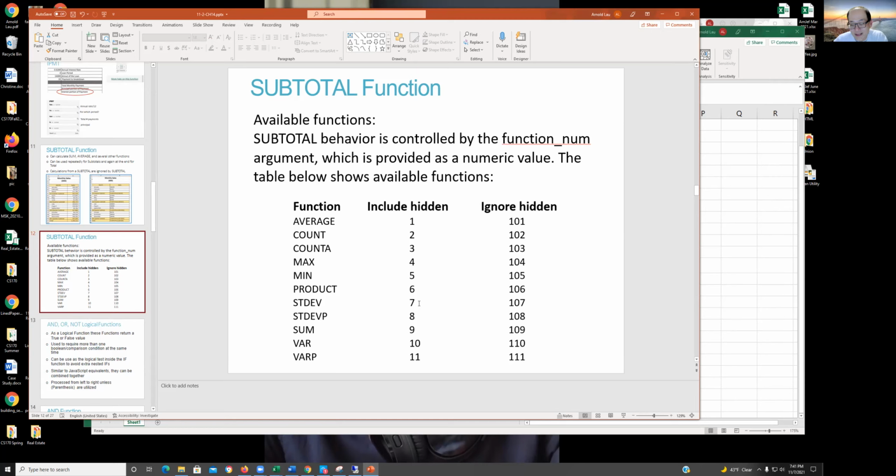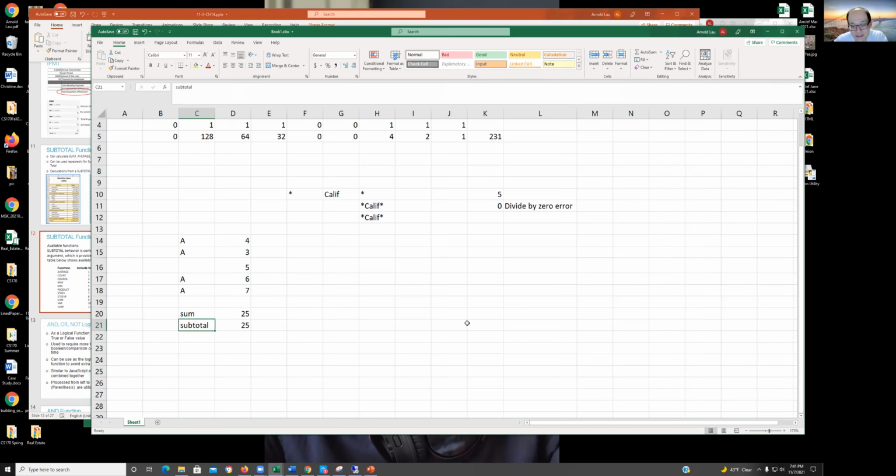And this page basically says the same thing I just said. Okay. And remember how I picked the second one where the function number was one of these 3-digit numbers versus the 1? That's the difference. Include the hidden, ignore the hidden. So you see I picked 109 here, right? If I picked one of the single digit numbers for my function number,